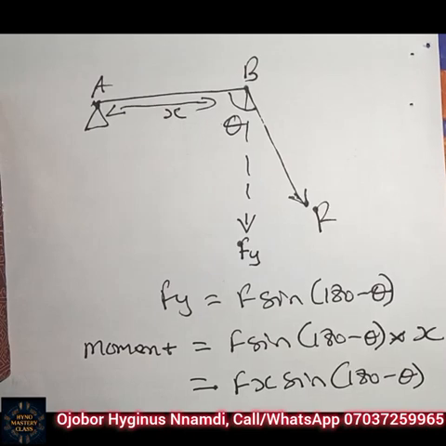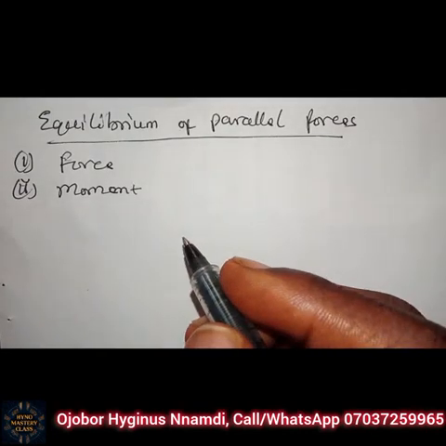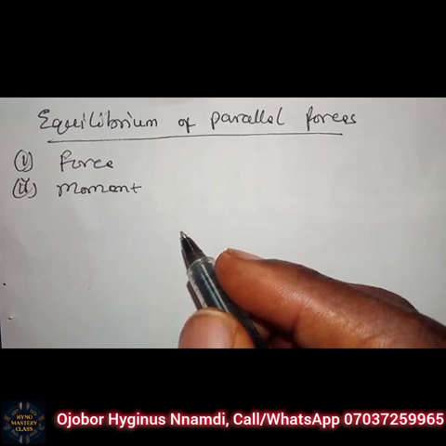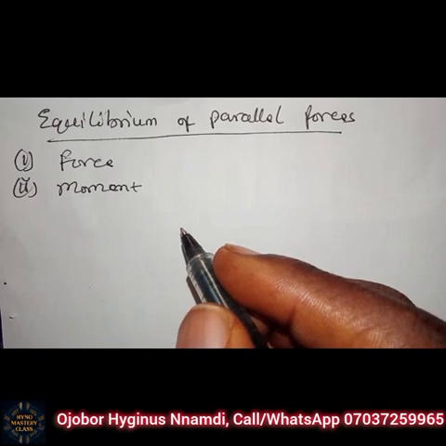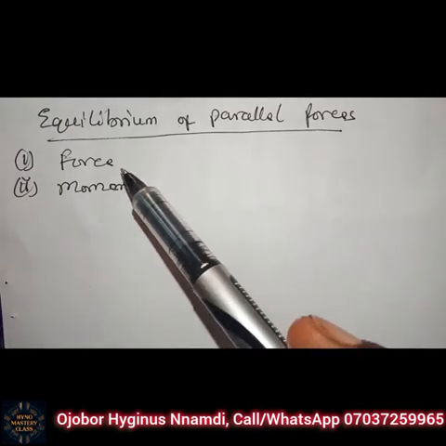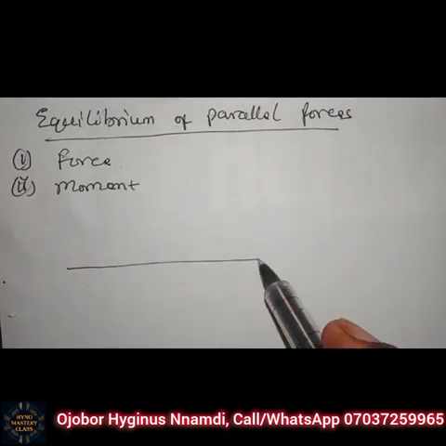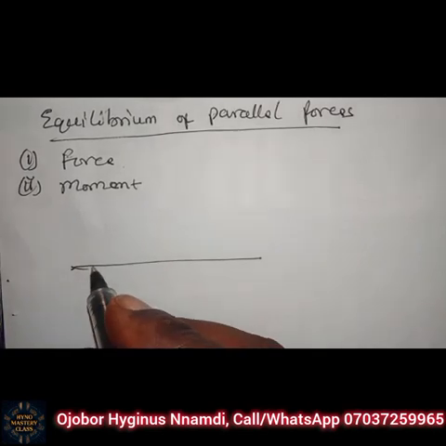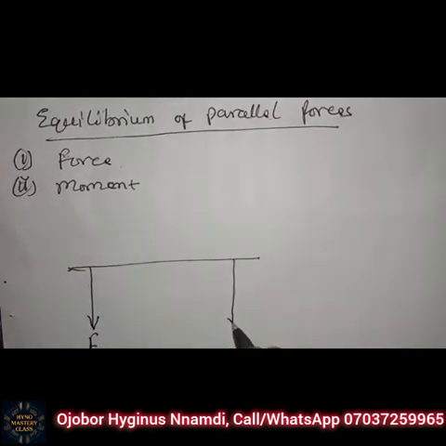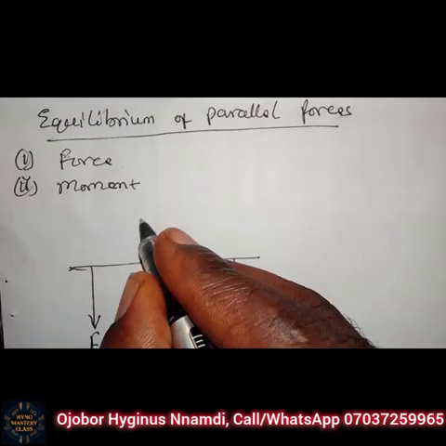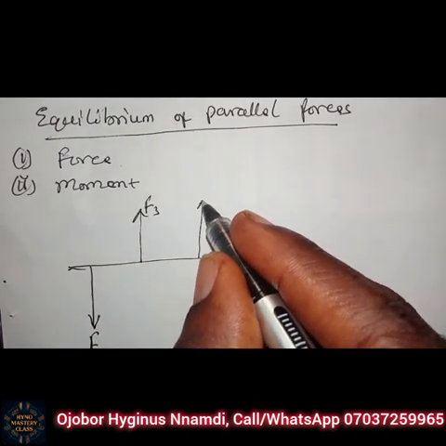Then we will look at equilibrium of parallel forces. In equilibrium of parallel forces, there are two conditions for a body to be in equilibrium when it is acted upon by parallel forces. The two conditions are the force condition and the moment condition. If I have a body that is acted upon by a downward force F1, another downward force F2, an upward force F3, another upward force F4,